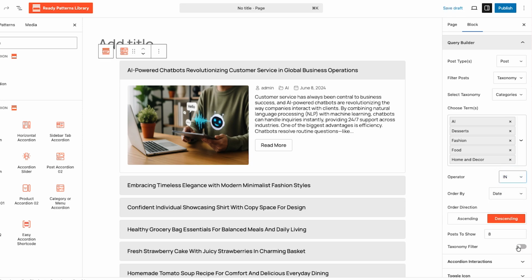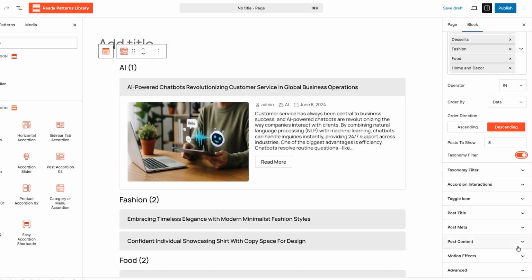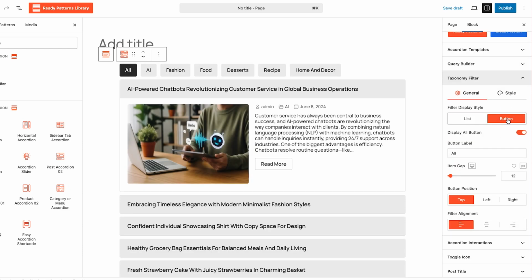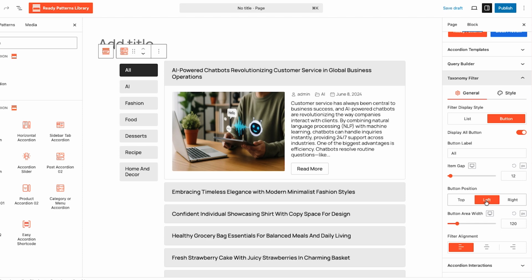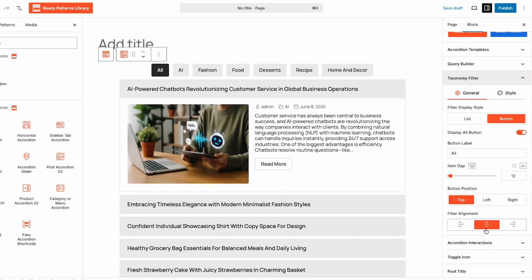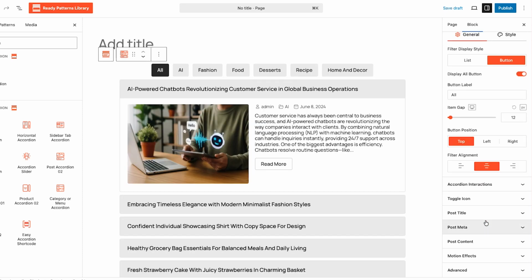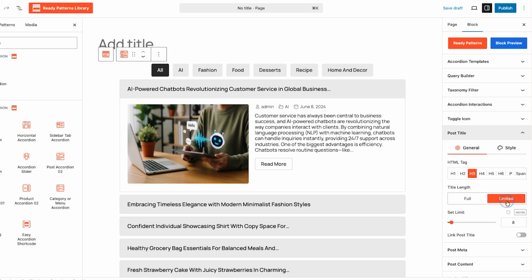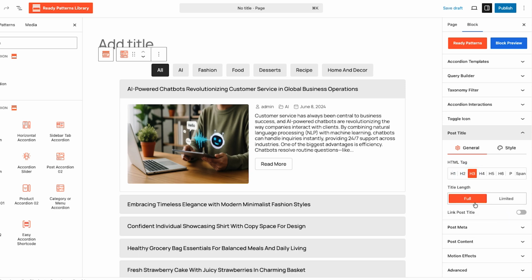To improve user experience, you can enable the taxonomy filter. This allows visitors to filter posts directly from the front end. You can customize its appearance and behavior from the taxonomy filter settings. Next, control how your content looks. Adjust the post title length and enable the option to link the title so users can open the full post